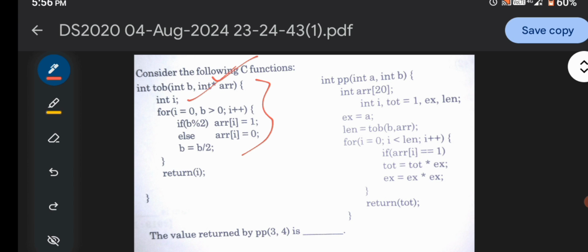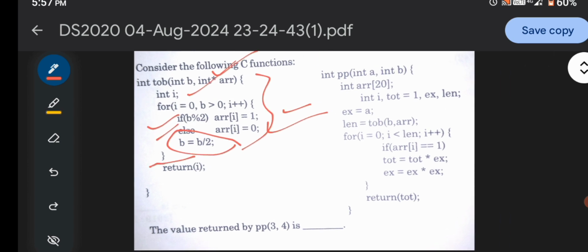The initialization of I to 0 goes to the condition b is greater than 0, and it increases by 1. And here again there is a condition inside: if b is divisible by 2, then array value is equal to 1, otherwise it's 0, and at the end it returns the value, b is equal to b by 2, and at the end of this for loop you get the value of I.